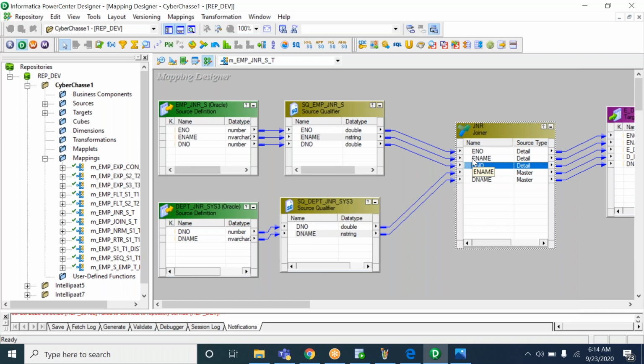As I told, in the joiner transformation we have those limited options. We can use only the equal to operator, and we cannot filter the data after joining. That's why, to overcome that, we also use the lookup transformation in the mapping. By using the lookup transformation also, we can join the tables if they are from the same database or from different